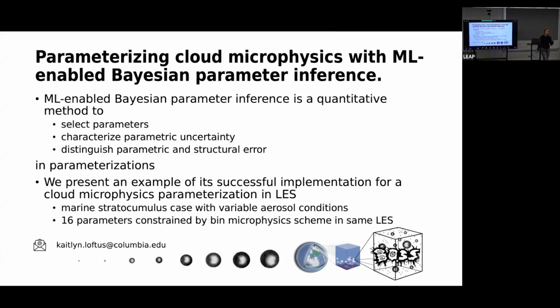That becomes possible when you have an automated procedure to do tuning: you can get a bunch of different parameter combinations that give you equally viable model outputs, and then internally to your model, say for CESM version 3, we can assess the internal parametric uncertainty because we can come up with different combinations of parameters.